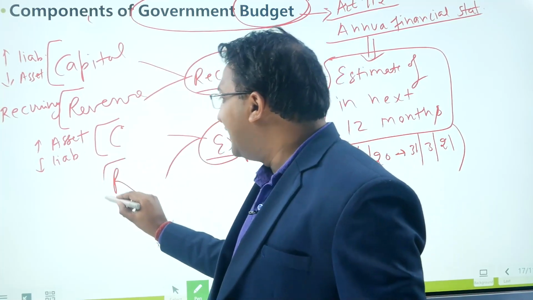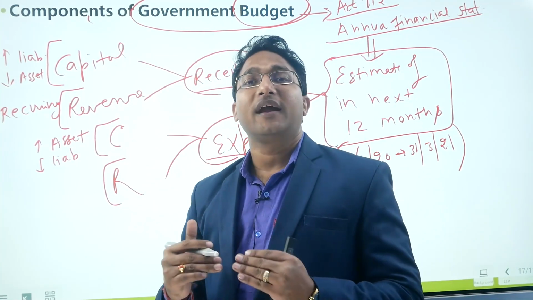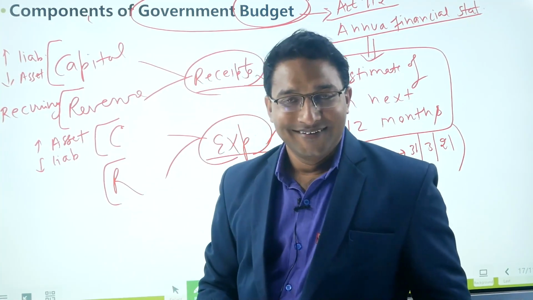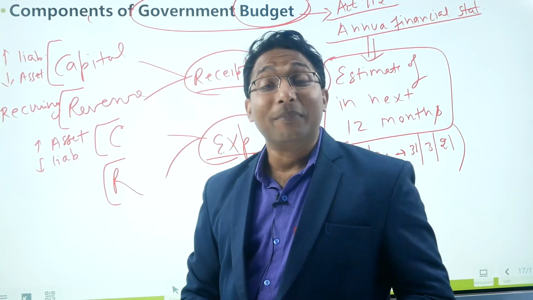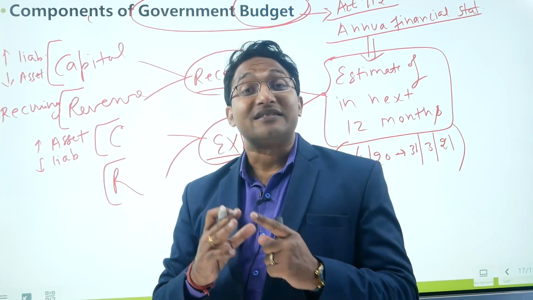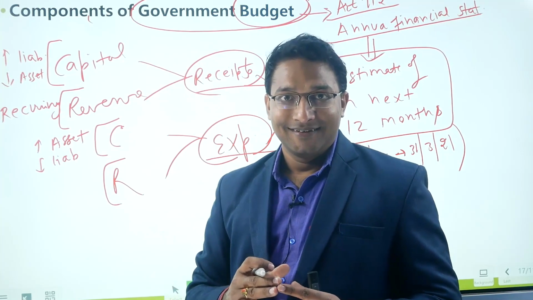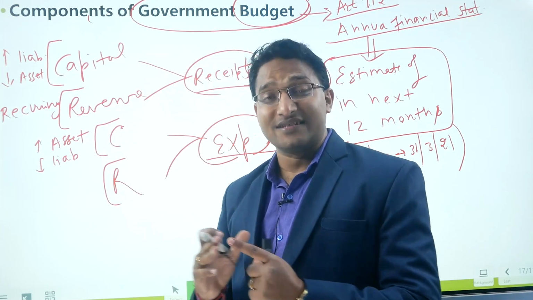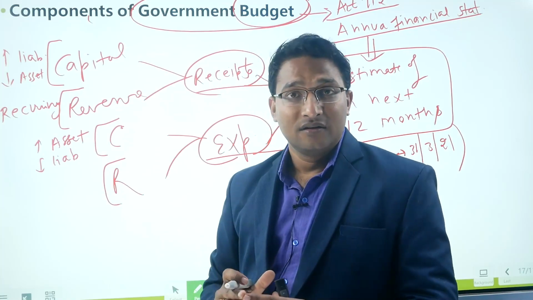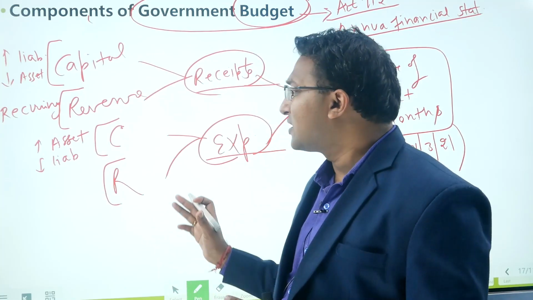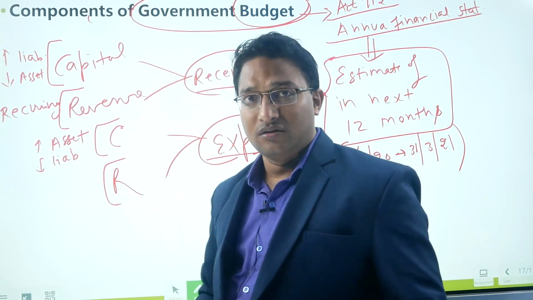Next is revenue expenditure. Revenue expenditure is expenditure on day-to-day activities of the government. So can you think of some example? Examples can include salaries of the government employees, interest payments, expenditure on the defense, subsidies which are given by the government, and so on. So all those expenditures are the revenue expenditure. They are also recurring in nature.